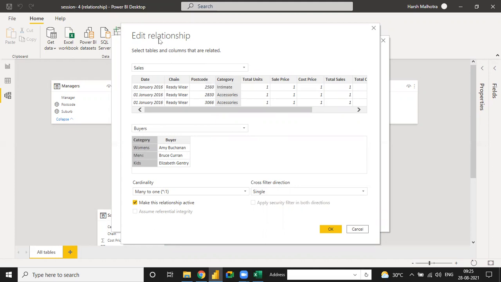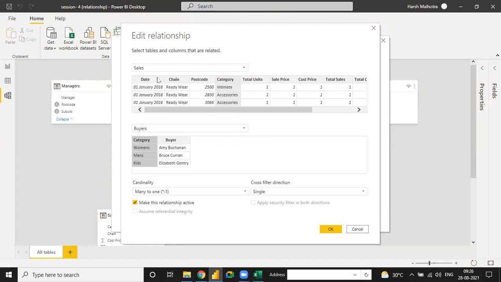But suppose in the sales table we have a lot of transactions, so we don't need both types of filter for the slicer. When we connect the buyer, buyer by sales is okay, but sales by buyer is not a concept of the Power BI report. So right now we use single.